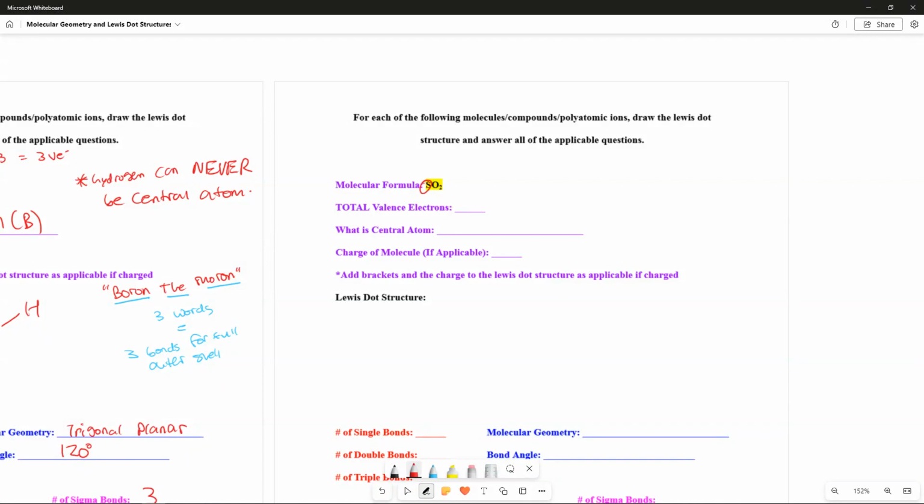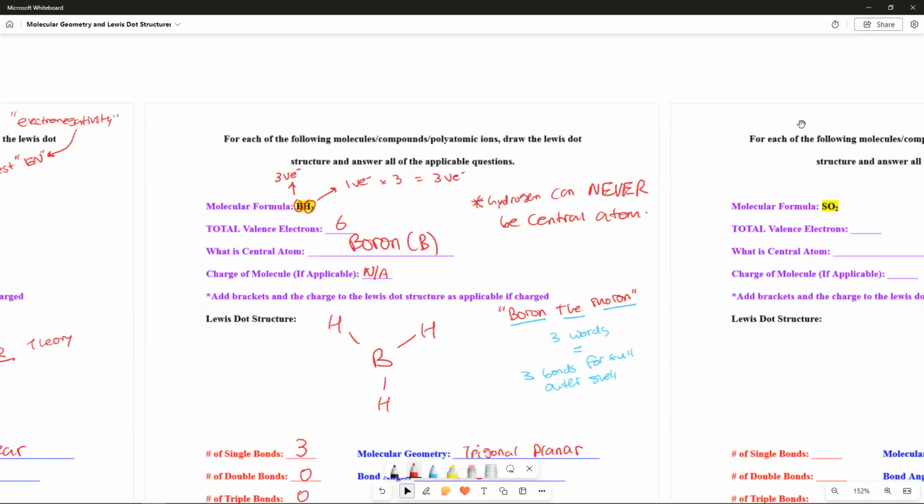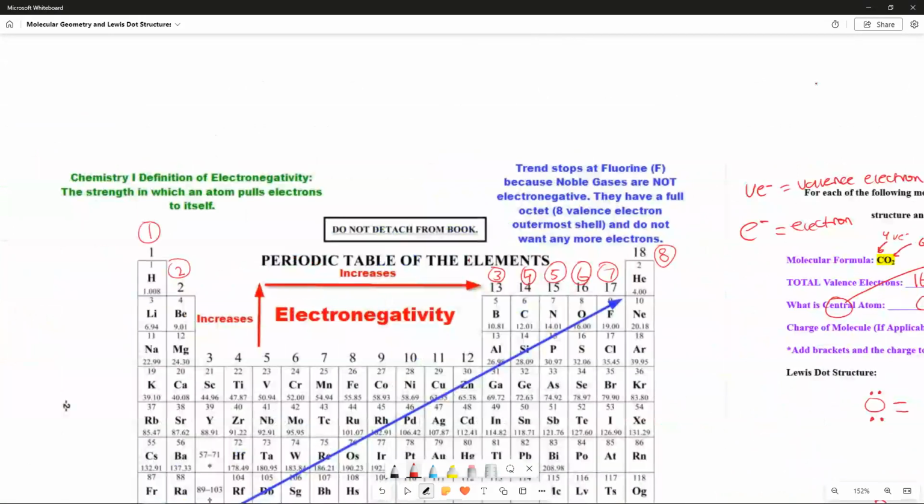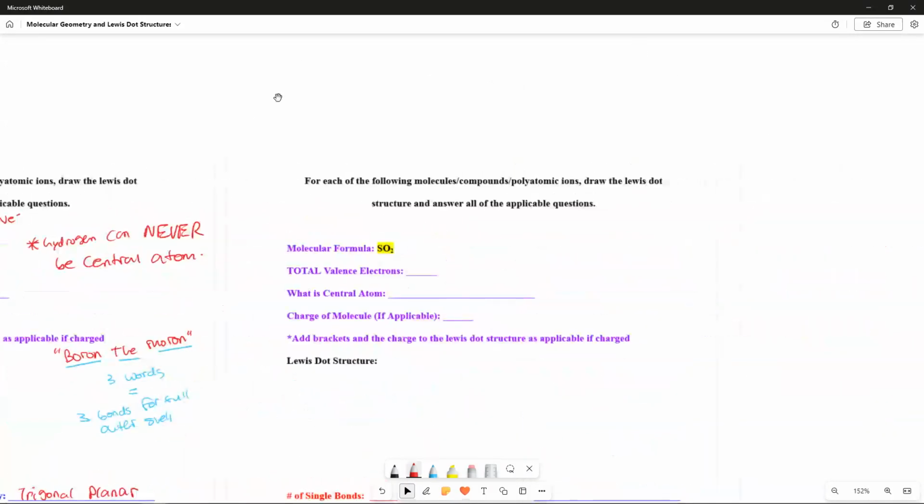Looking at SO2, we have S and O. We have 2 of the oxygens. So we have sulfur here and oxygen here, and we have 2 of these. They're all in group 6, so there's 6 valence electrons here, and 6 times 2 is 12 valence electrons here. So we have a total of 18 valence electrons for SO2, because this is 6 valence electrons and this is 6 times 2, and the sum is 18. Central atom is going to be sulfur